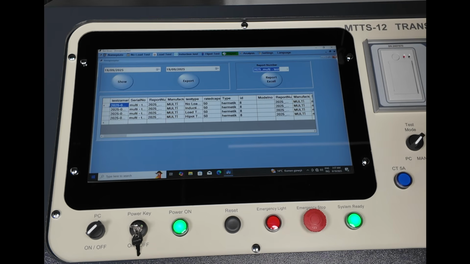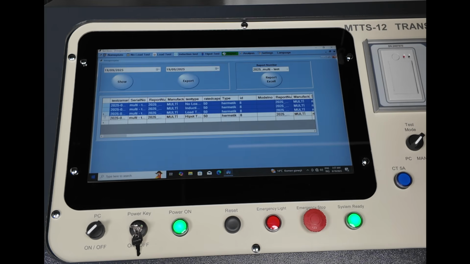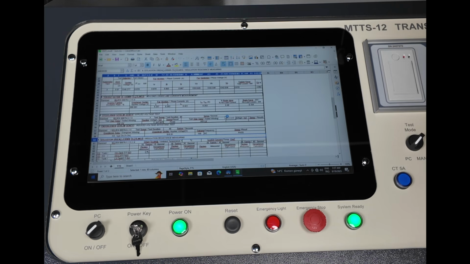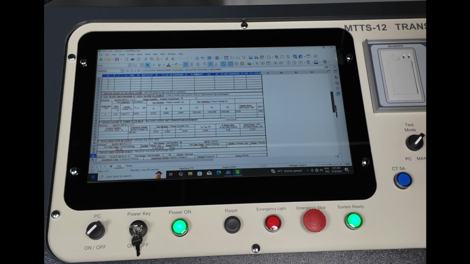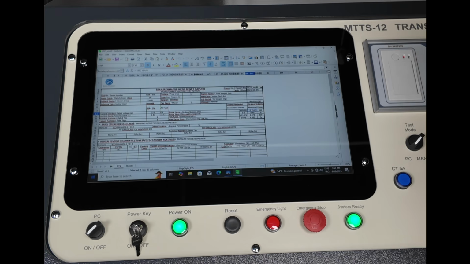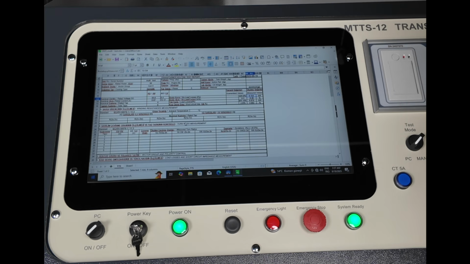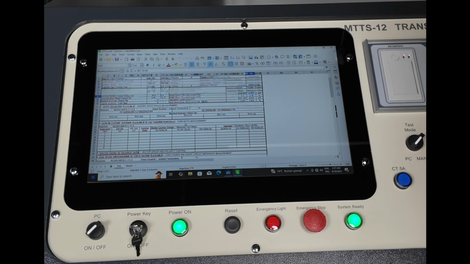The MTTS 12 model test system automatically performs 4 tests. The no load loss test, load loss test, induced voltage test, and applied voltage test are automatically filled in by the system in the report. Other tests such as winding resistance and turns ratio must be entered manually into the blank sections of the report